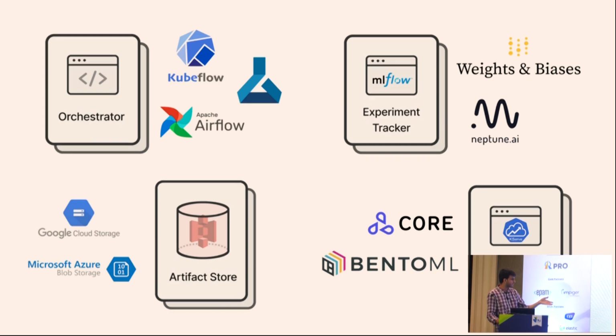And then you can have artifact stores. Artifact stores are essentially the place where you store all your artifacts, like your models, your data, all those things. That can be an S3 bucket, Google Cloud Storage, Microsoft Azure, whatever possibilities are there. The model deployer stuff is also really exciting. There's BentoML, which is really nice. There's Seldon Core, KServe. So again, a host of options in every stack component. And these are just 4 stack components. You can have, as I said, more stack components going forward.